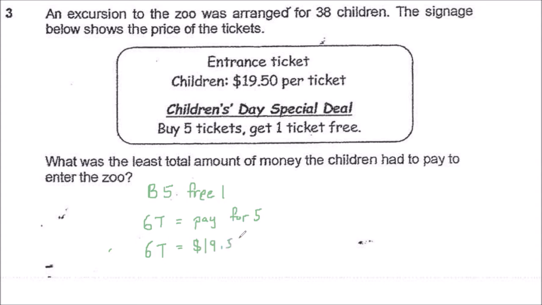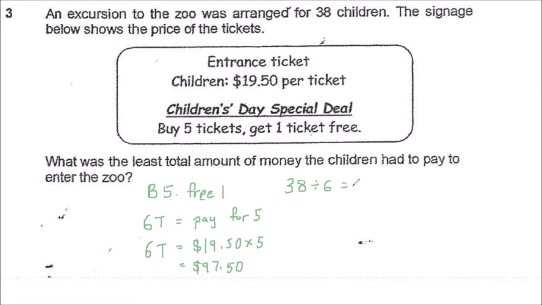Isn't it $19.50 times 5? That will give us 1950 times 5, and it will be $97.50. Okay, but now we want to buy 38 tickets, right? So how many groups of 6 tickets can I buy? So if we were to do 38 divided by 6,